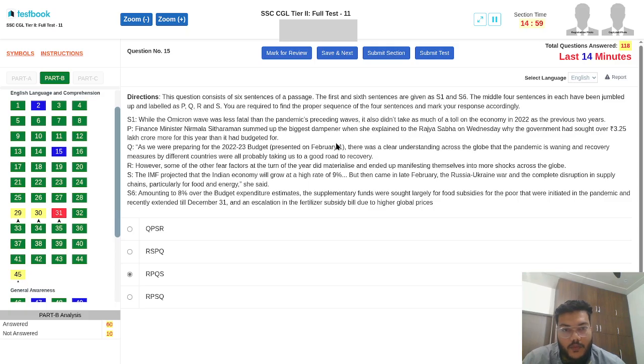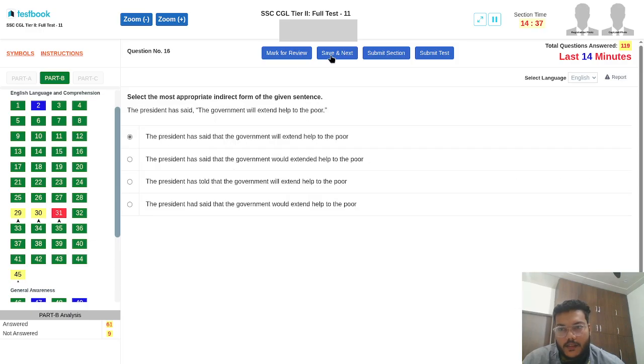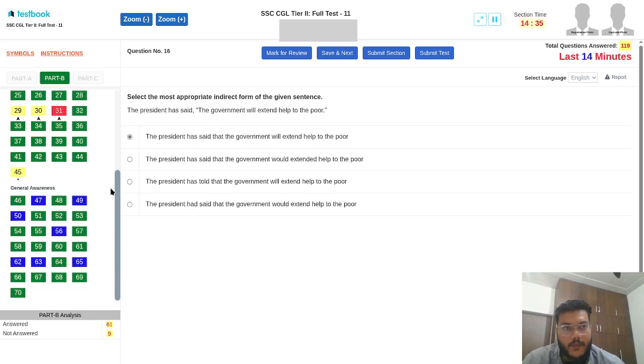P के बाद Q, ठीक है, प्रेजेंट का देर was clear understanding, ठीक है, time projected, ठीक है, but then came in she said. फूड एनर्जी, ठीक, ये लग रहा है मेरे को।